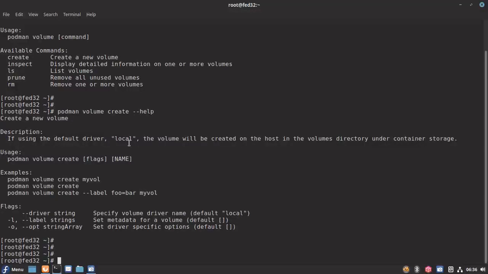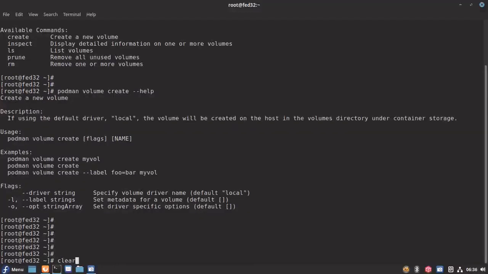This is the default volume that is going to be created. But let's say you want to create volumes on a remote machine or on a cloud provider. For that purpose, we need to pass parameters like driver and the opt parameters to provide the required details.